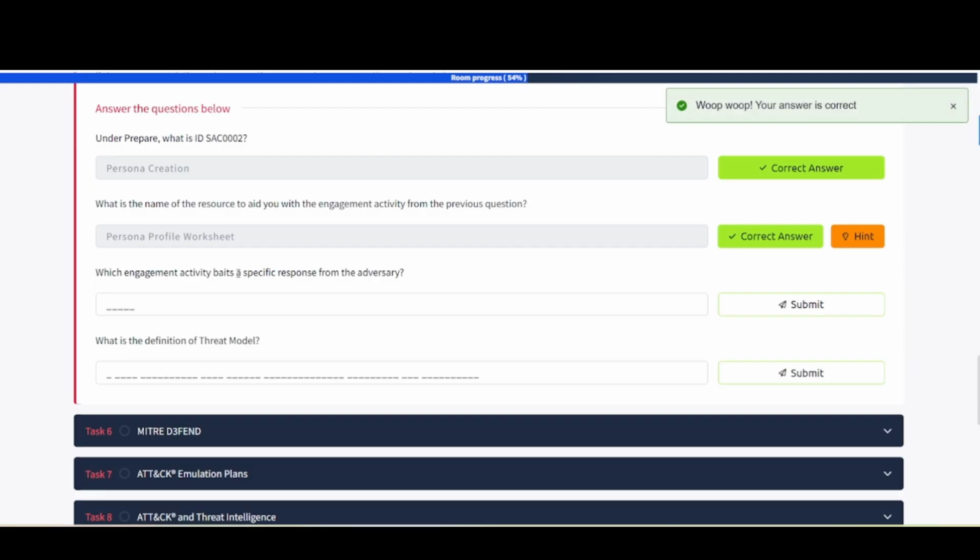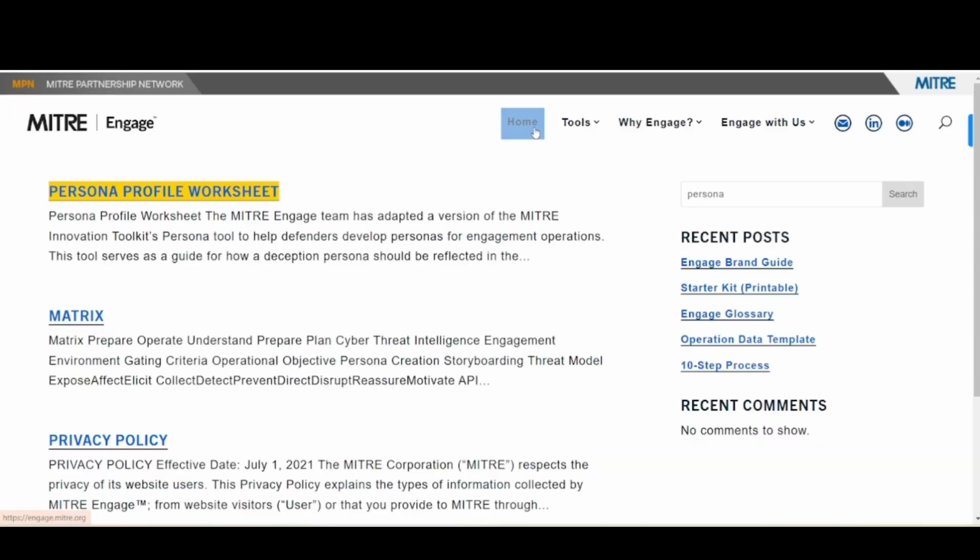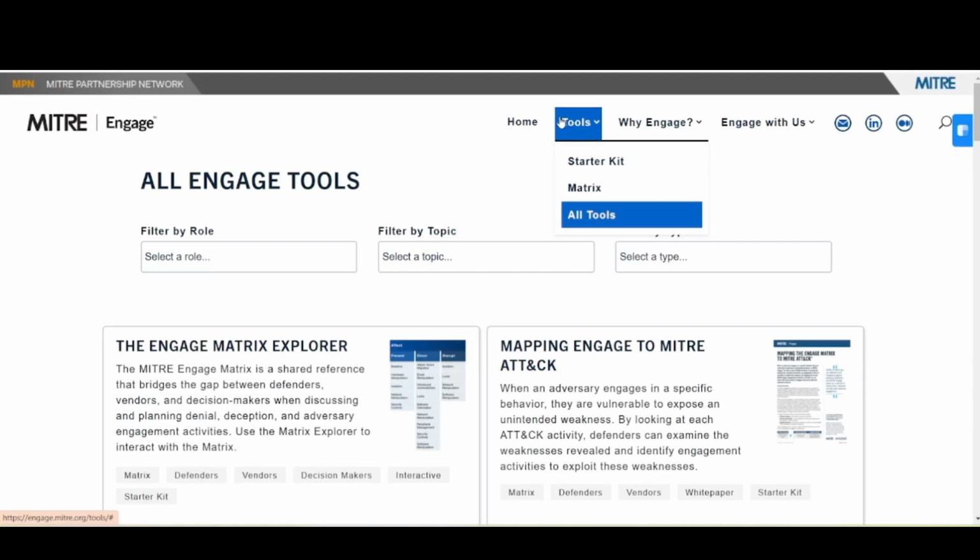Which engagement activity baits a specific response from the adversary? And I believe if we go to all tools here, well, actually, if we go back, let's go back again.